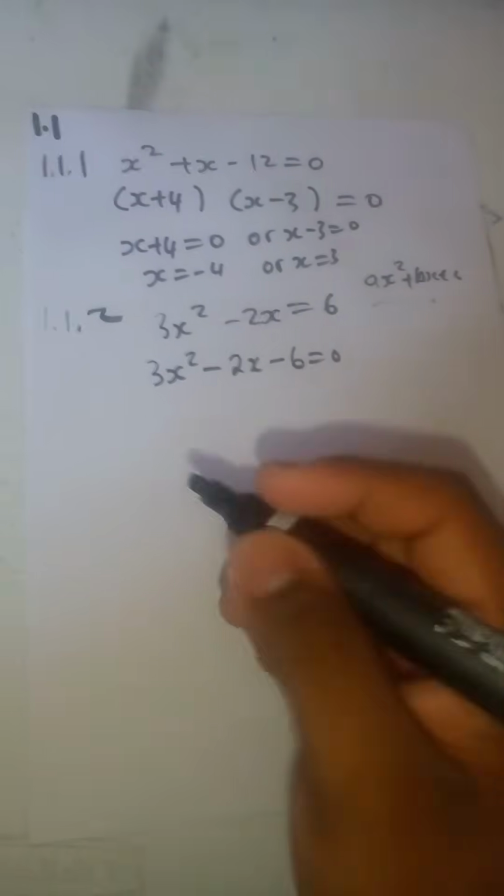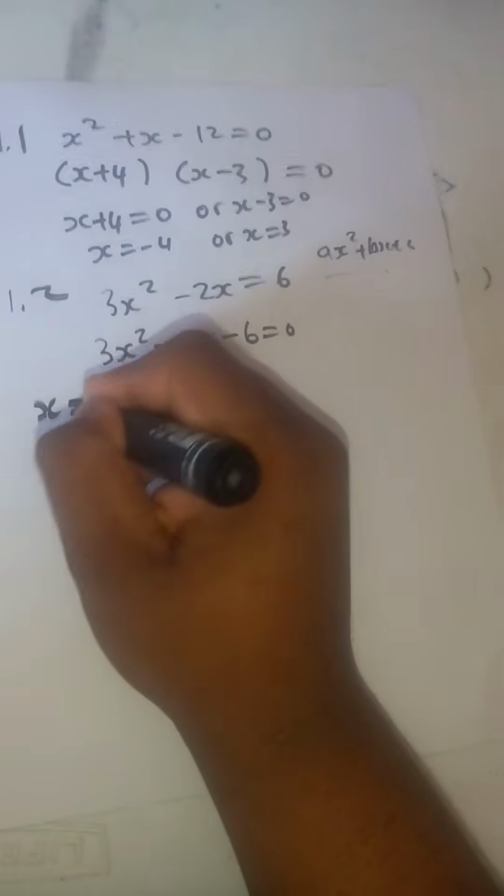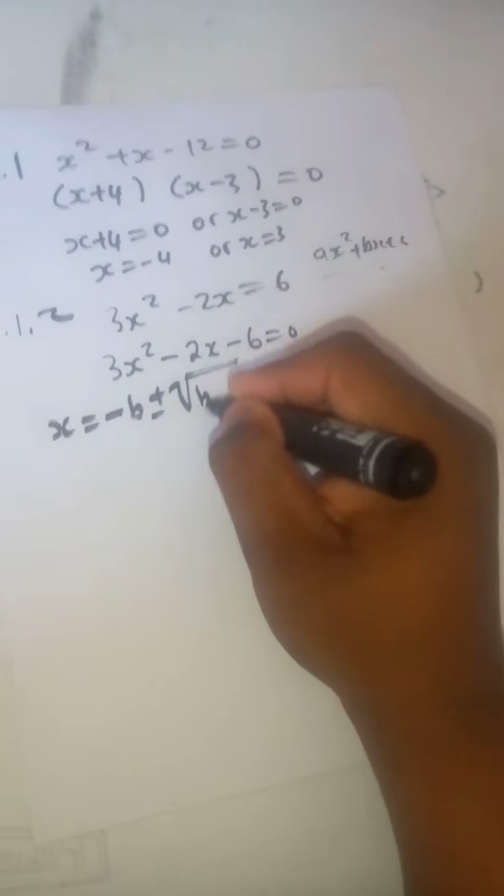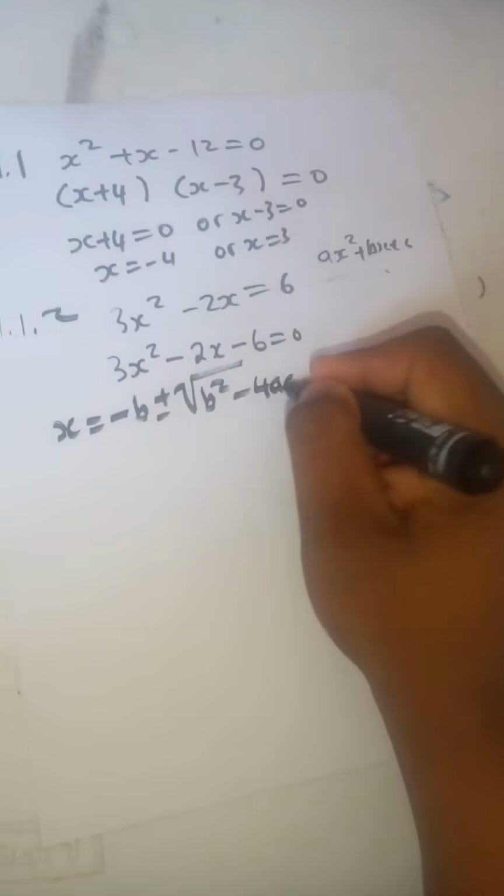And then when you are going to use the quadratic formula, please do everything. Show them the formula: x equals minus b plus or minus the square root of b squared minus 4ac,